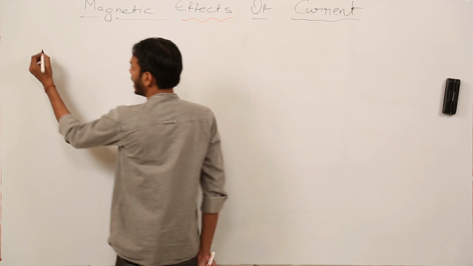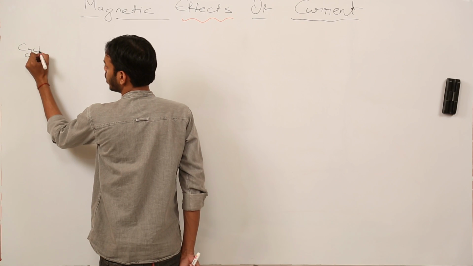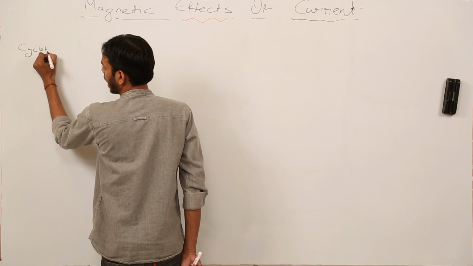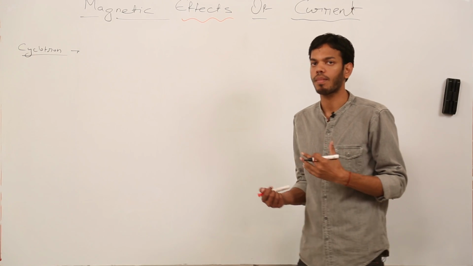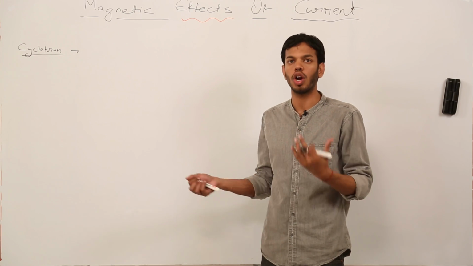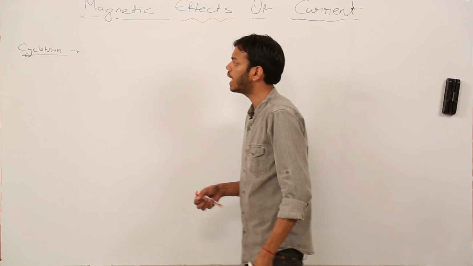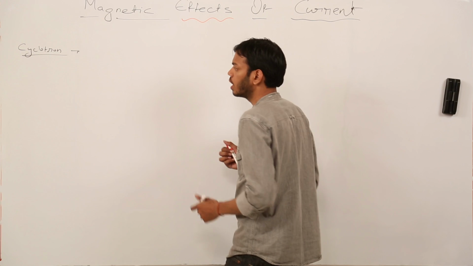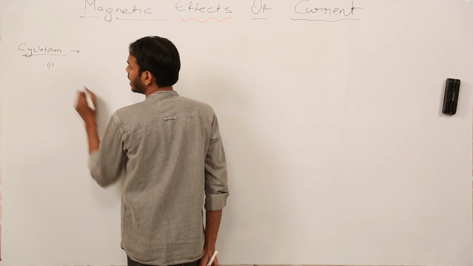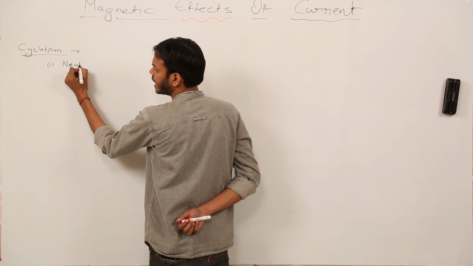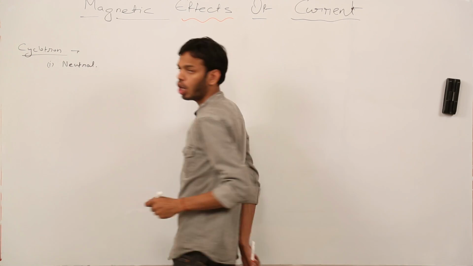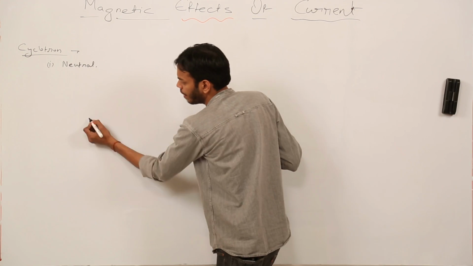Moving on, there are two things you should remember about the cyclotron, which are the things cyclotrons cannot do. These are limitations of the cyclotron. The two most important cyclotronic limitations are, number one, that it cannot accelerate neutral particles, because remember the diagram we drew